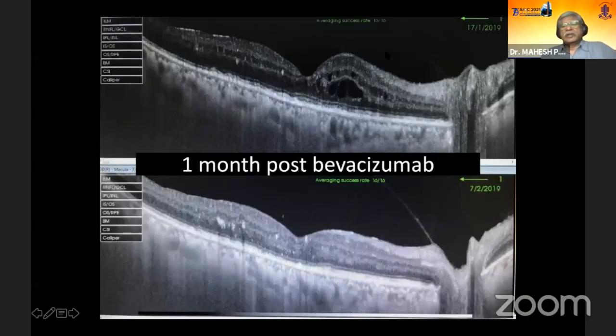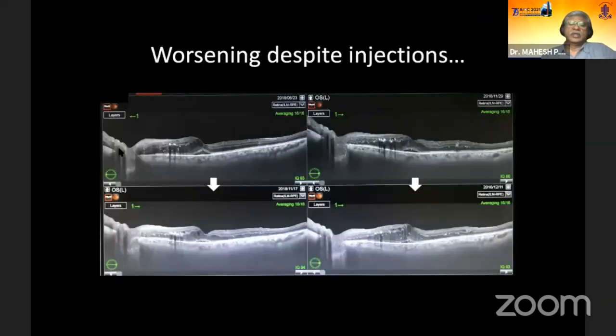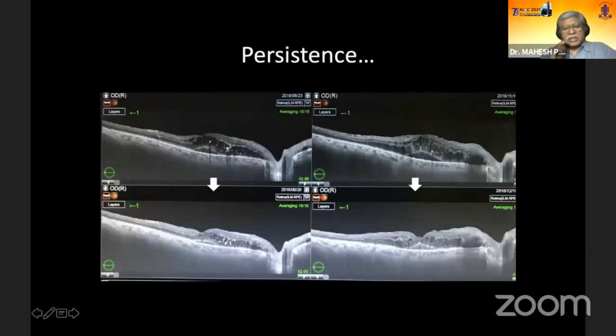So here we have a patient who has intraretinal cystoid spaces, IRF, and we gave bevacizumab and the patient responded. So there's no issue in such patients when the patient responds so beautifully. And here's another patient where the patient worsens despite the treatment. So here again, we don't have a confusion. The patient worsens, obviously the drug is not working, you want to change. The problem comes when the patients are like this. There is some response, but there is still intraretinal fluid and subretinal fluid, and that has not gone down completely. These are the patients where we have a confusion whether we're going to switch to another drug or not.